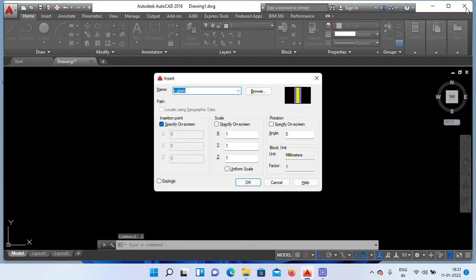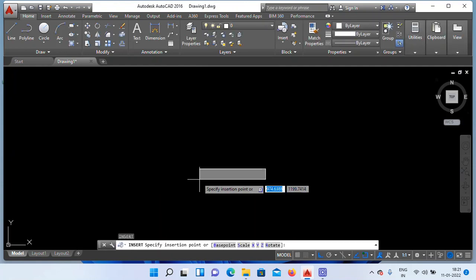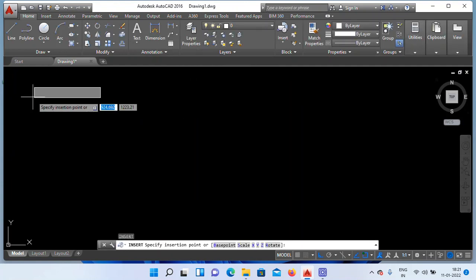Select the object which you want to take out. I want to take out horizontal glass, H glass. Click on OK. Keep it wherever you need. I want to keep it here.